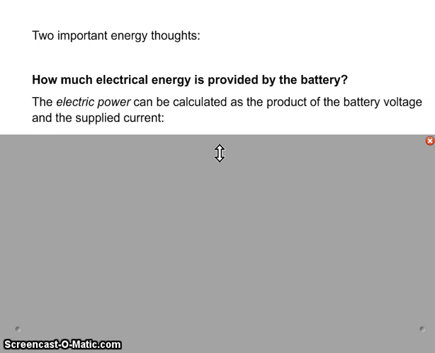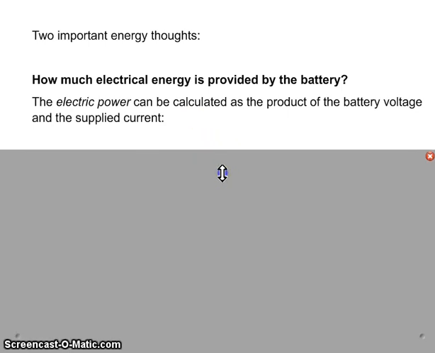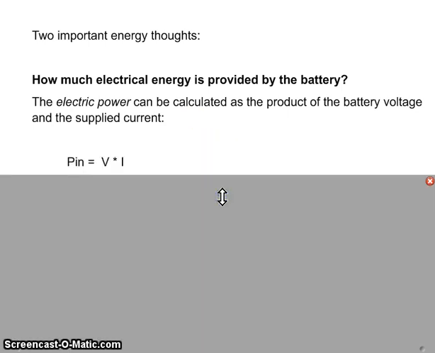The question can be asked, how much electrical energy must be provided by the battery if you want a motor to spin? And while we won't speak directly about the energy, we can talk about the electric power. You'll see that that is really a related quantity in just a moment. But we can talk about the electric power very, very simply. And that is just the product of the input voltage and the input current. So if we can measure those or somehow calculate those or just know those values somehow, the voltage times the current will be